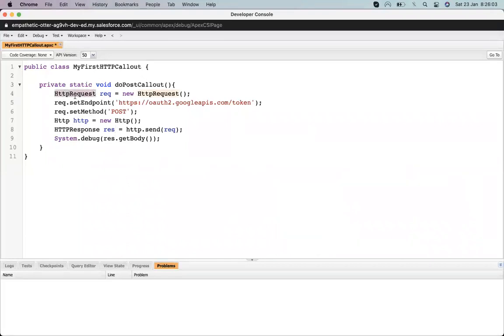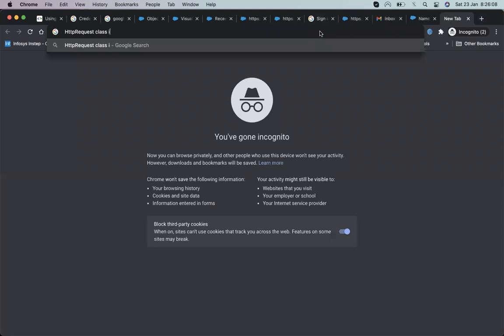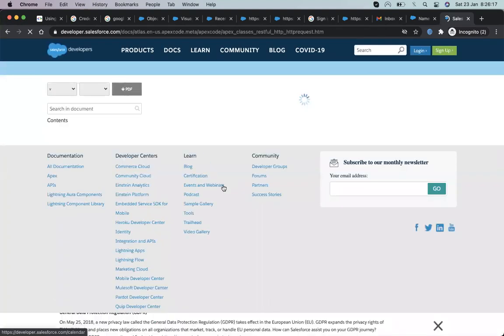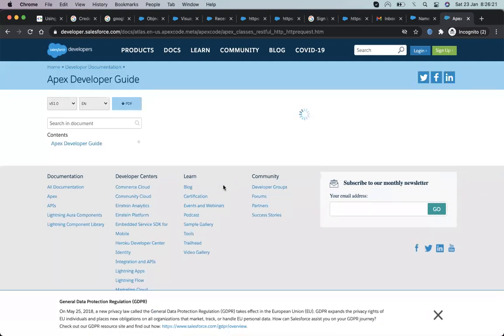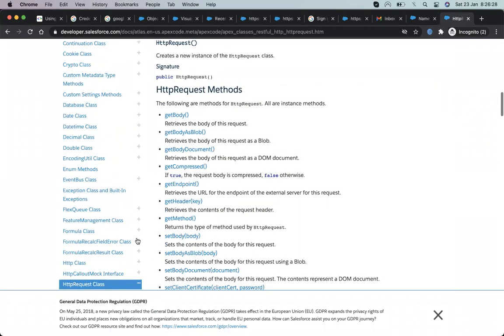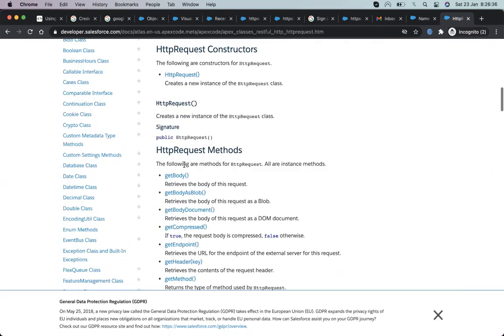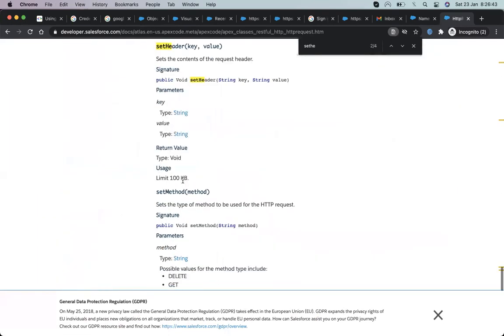So for setting the body, let's review the HTTP request class. It's a set body. First we set the header. Yeah, here is the set header, which takes a key and value parameter.